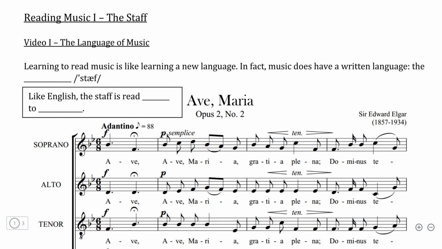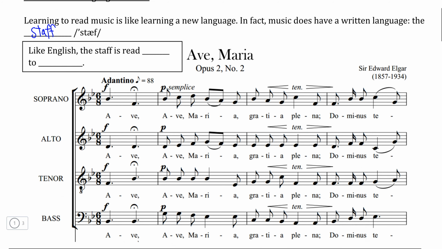Welcome to the first video in this series introducing the basics of reading Western musical notation. This video will focus on how to read the staff, which is the primary organizational system behind how Western musical notation is written. Now, learning to read the staff is often analogized as learning a brand new language, and there